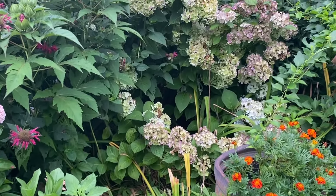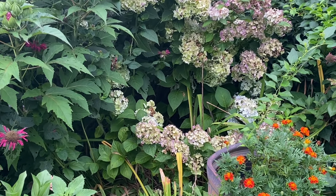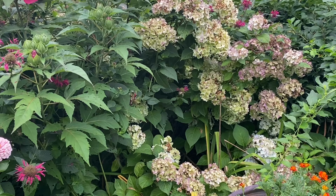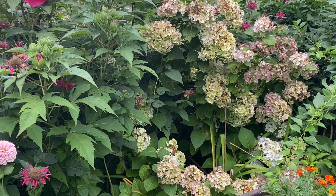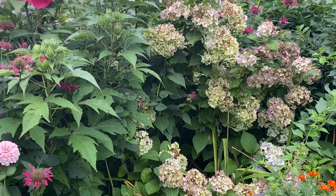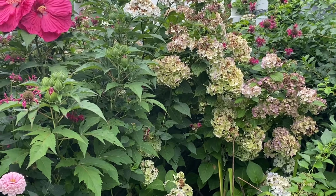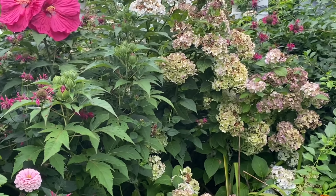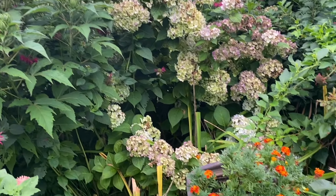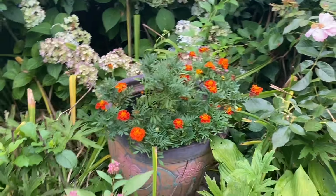Which is just blending very well. What softens this is my bridal bouquet hydrangea. Kind of just softens everything and helps us to rest our eyes from all that beautiful color. Beautiful. Now I planted here in this pot